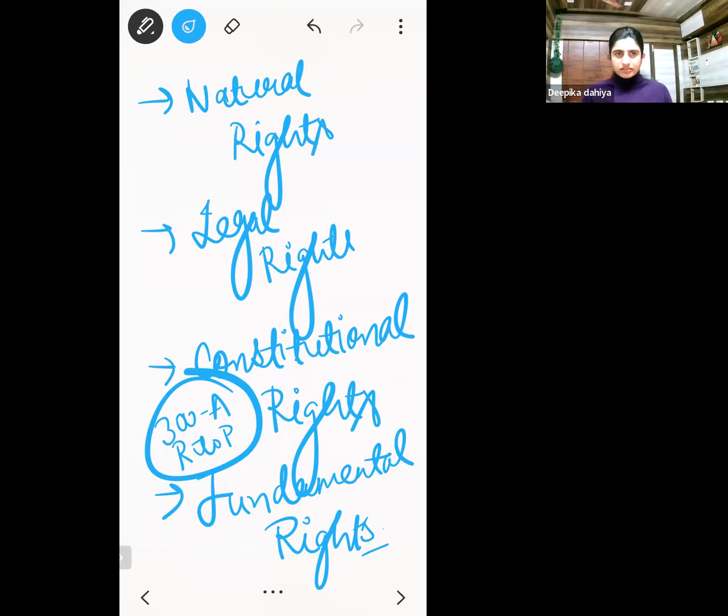Let me just collect all of this and clear it to you. Fundamental rights are written in the Constitution. This is the fundamental right. This is the Constitution. This is the collection of laws, including the Constitution. So anything that is fundamental is definitely within the Constitution and is definitely within the law books. Okay, and anything which is constitutional may not be fundamental, but anything which is constitutional is definitely legal because it is within the collection of these laws. Is this clear now? Yes, ma'am.